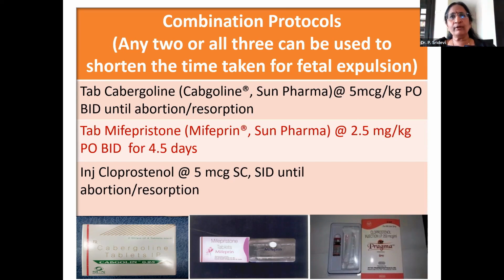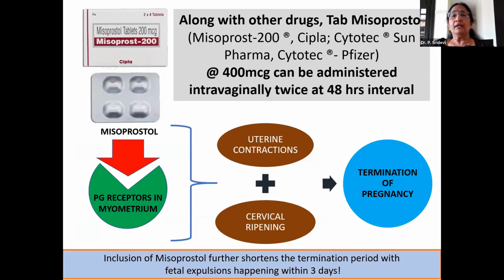Whereas somebody who stays very nearby or has his own car or can afford to come, then I would go for a combination of the cloprostenol plus cabergoline. Cabergoline is very cheap. So here again, my choice of protocol depends. Now, if the owner can afford it, go for all 3 protocols, because this really markedly reduces the time taken for fetal expulsion. Now, I can also introduce another drug which is called misoprostol, okay,